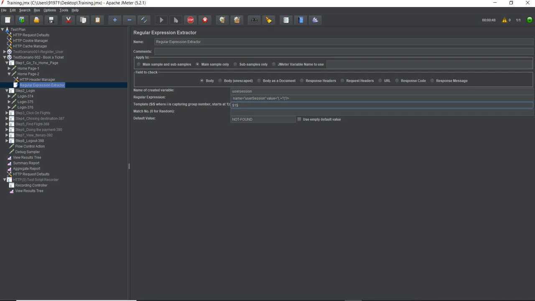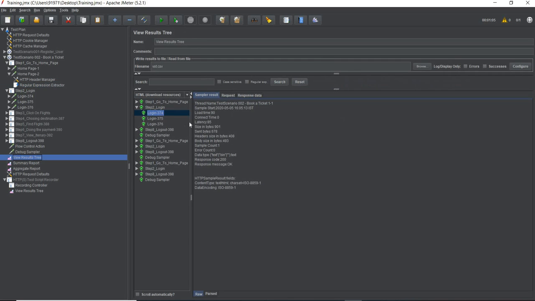We were not getting the right results because it was fetching, but it was not putting the right extracted value in this variable, and now it is putting the right extracted value because of this template. We are saying that this is our first template, and things extracted between these parentheses should be picked and put inside this user variable.